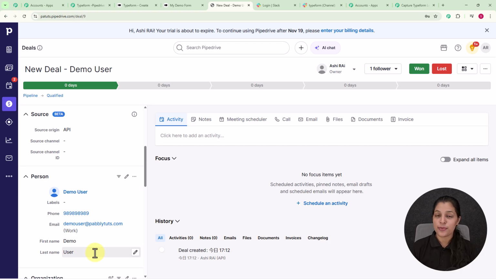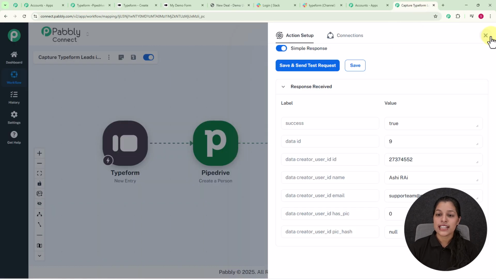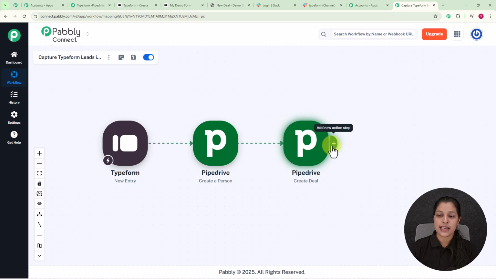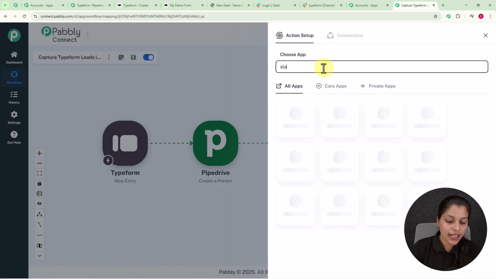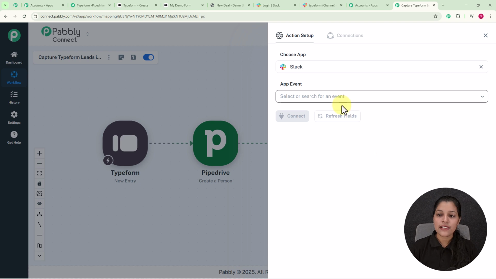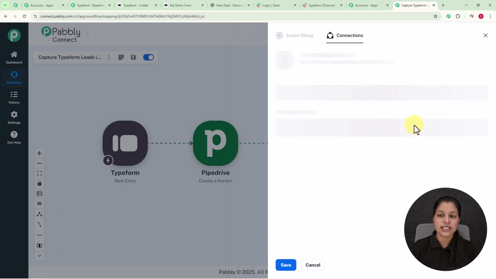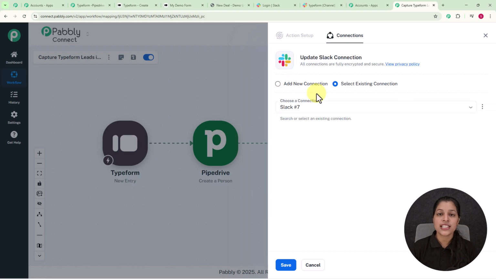Now let's add one more action app to the Pabbly Connect for notifying our team in Slack. For that you simply have to click over this add new actions button, and you will land on this action setup page where I'm going to search for Slack, as I'm going to notify my team by using Slack. So now let's select it, and afterwards I'm going to select my app event as send channel message. Now let's click over this connect button, and here we land on this connection page where, if you want to use your existing connection then you can select your existing connection, and if you want to build a new connection then you have to select this button, that is add new connection, and here you have to simply